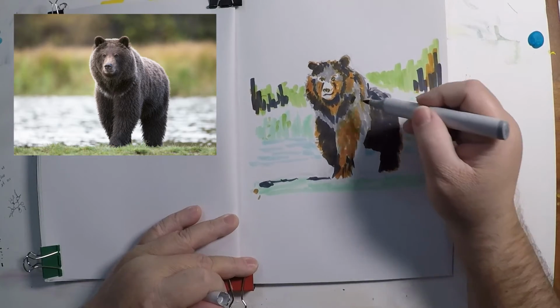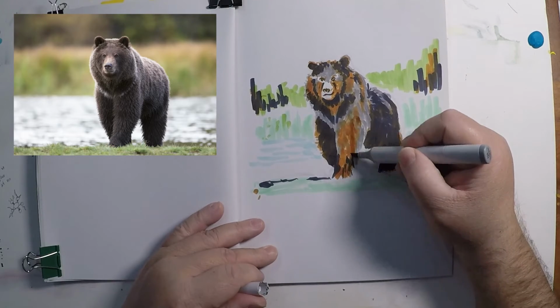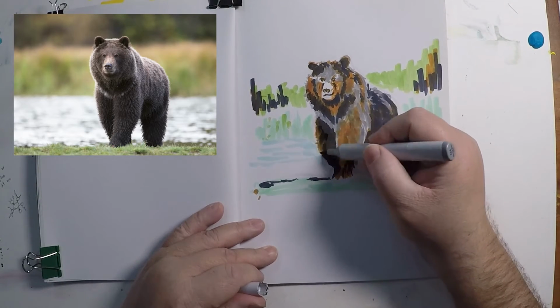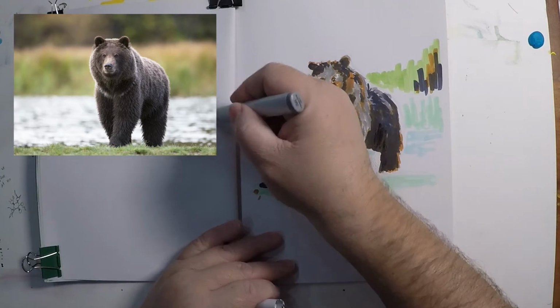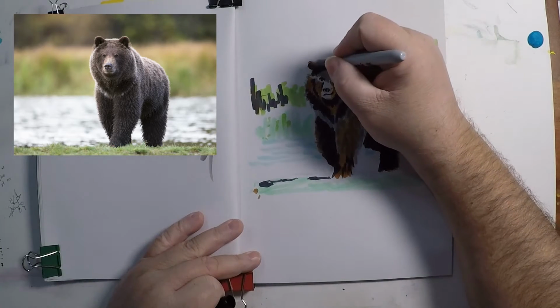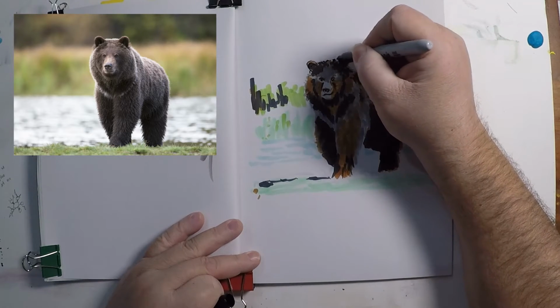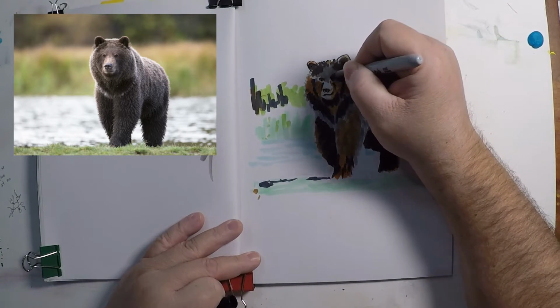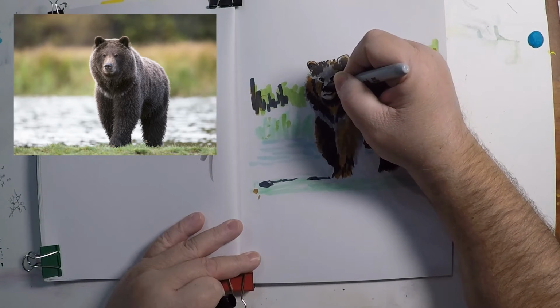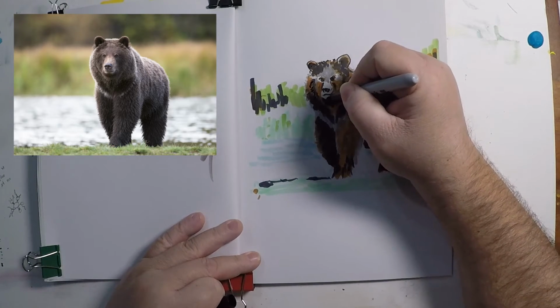Let's go over a little bit again. I'm going to come through with that black and see if it unifies things a little bit better. Let's take this front leg here. Make sure there's not too much extra on that out of the way. Okay, let's just come through. I'm going to use this just like a sketching pencil or a sketching pen. And it might screw things up, but it's all right. It's kind of like you're refining your forms,